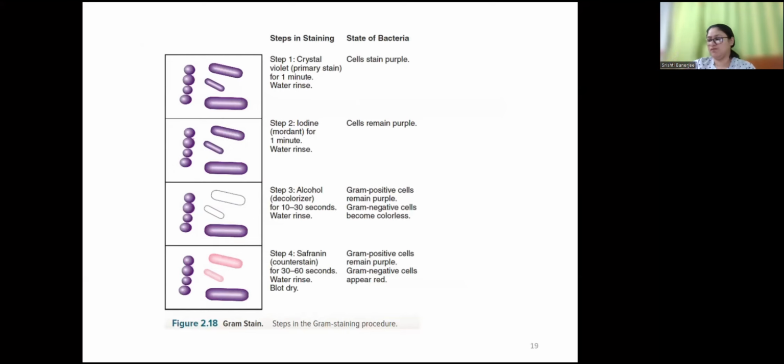Now let's look at what happens. The left panel shows different kinds of bacteria, which could be rod shaped, or cocci. The first thing is that we stain the cells with